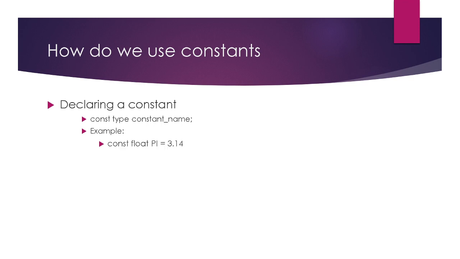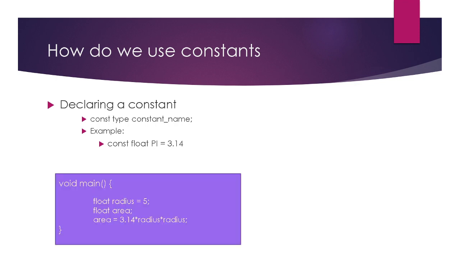I'll give a small example. If I want to create a constant called pi, first I will write the keyword const, then the data type of the constant. Since pi is a decimal value, we are giving the data type as float, and then we are giving the value of the constant, that is 3.14. Okay. As an example, I will write a small program to find the area of a circle. First, I am writing the program without using constants. Then I will write the program using a constant. So without using constants, to find the area of a circle, we just need to write 3.14 into r square.